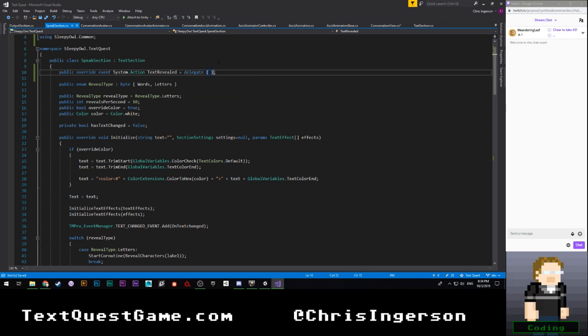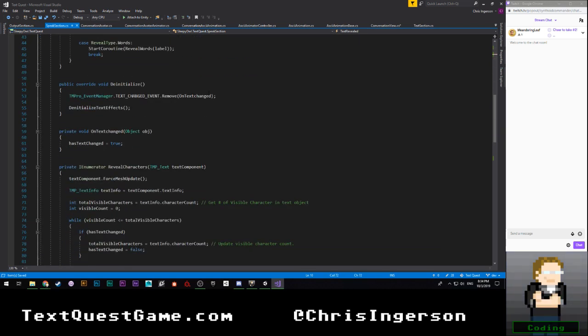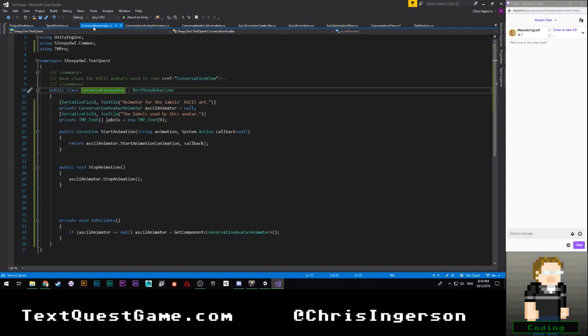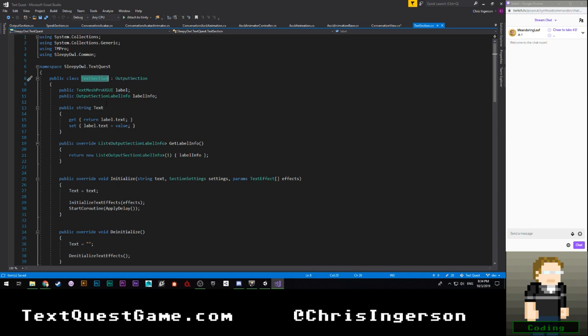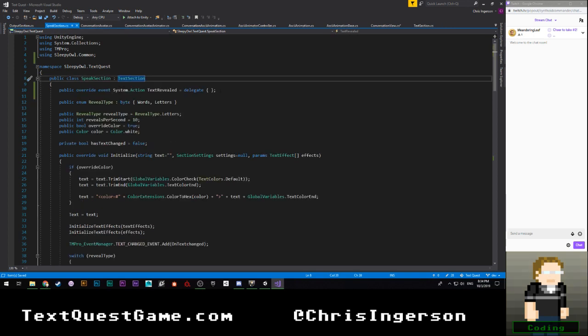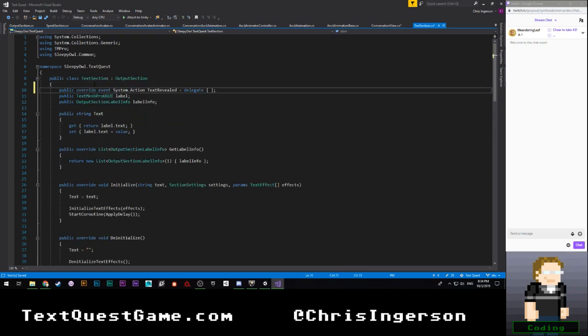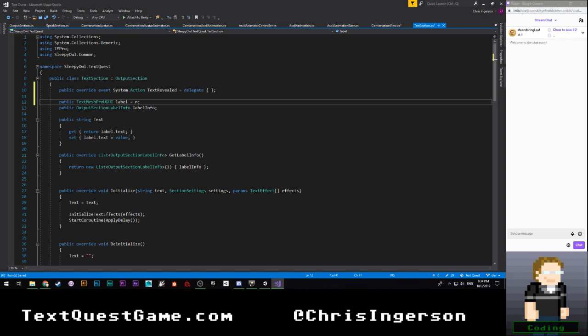Delegate. All right, then that means that down here, God, I just have to keep doing it, don't I? So we're going to go to text section, go to definition. Same exact thing. We're just going to copy and paste this right over here to text section. We're just going to put it right there. Yep, is equal to no. No. All right.